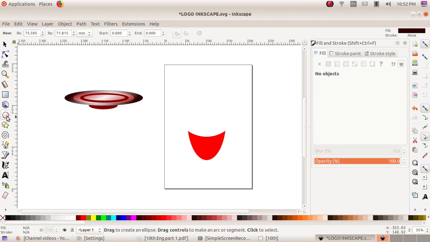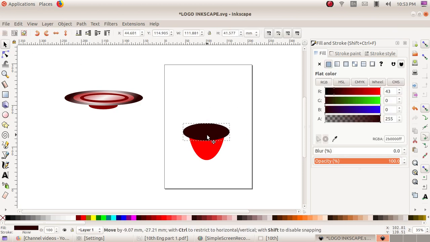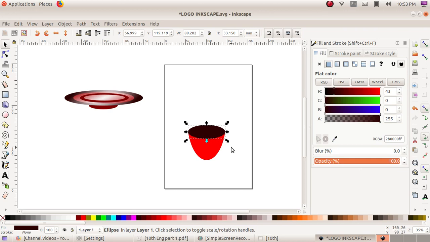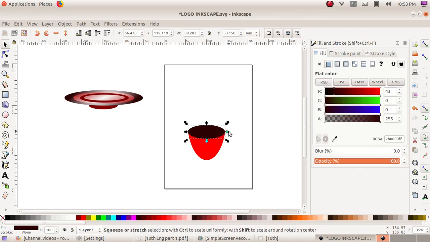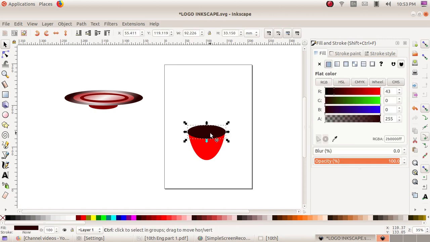Then once again select the circle, place it here, and take a duplicate of that picture.